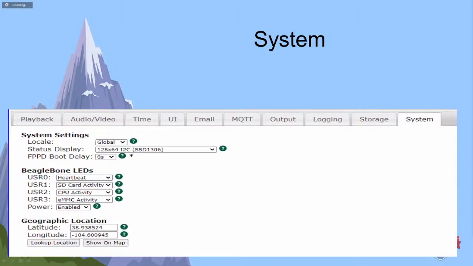FPPD boot delay is used for cases where you need to delay the boot of FPP when it gets powered on. Sometimes people will turn on all their devices, including their network router, off and on at the end and beginning of the show. And sometimes a router or other devices will take longer to boot up than the FPP device. So you can delay the boot to compensate for that so that the FPP can actually connect to the devices. BeagleBone LEDs